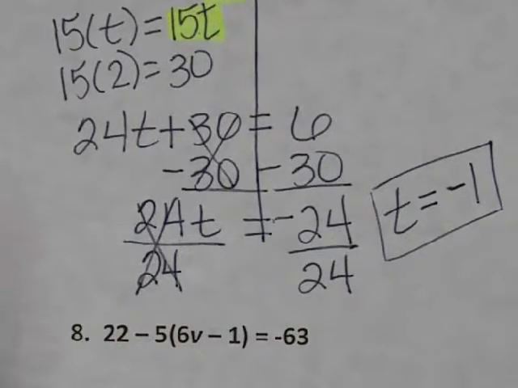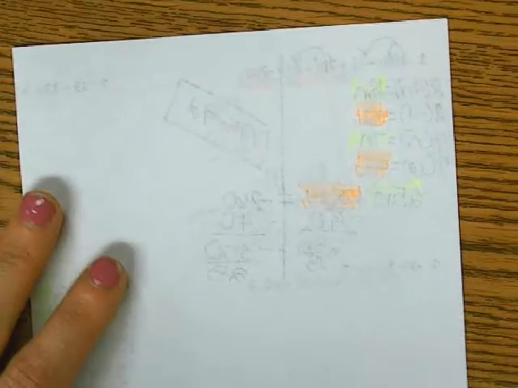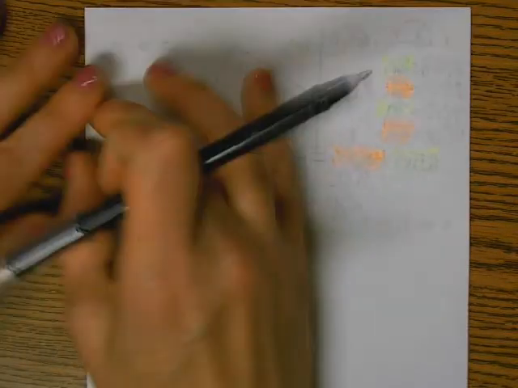Are you ready? Okay, fold your paper in half, and we're going to talk about what to do when there's variables on both sides, because the rest of these, except for number 8, we're going to do. So numbers 2, 4, 6, and 7 have variables on both sides. So fold it in half,